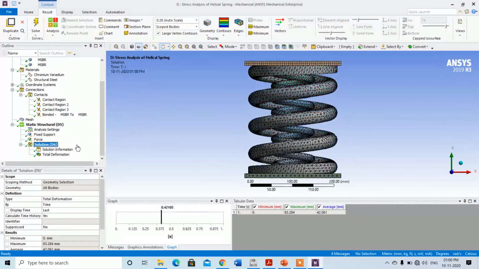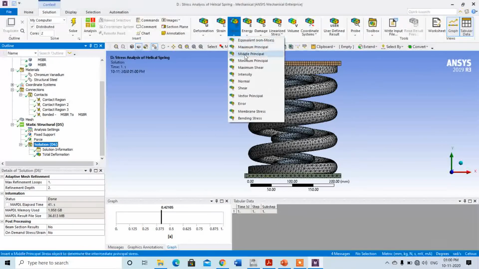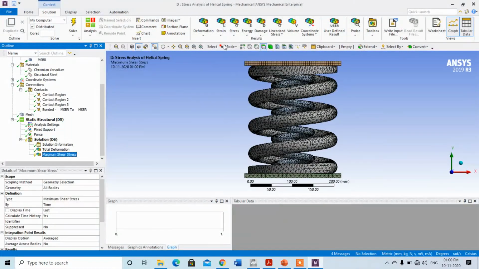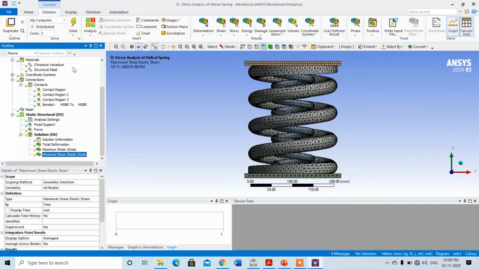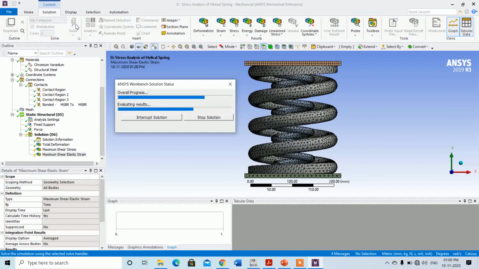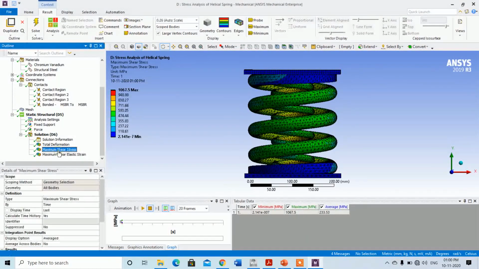Hereafter if you want to find out the stresses, in the helical spring the maximum shear stress is induced, also the maximum shear strain. If you want, click on solve again and check the solution here. The shear stress induced is 1067, but I think it is at the corner edge.